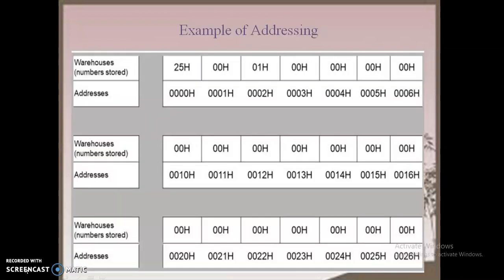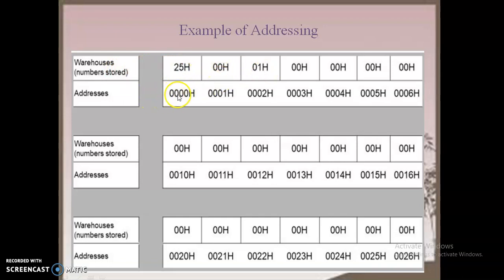Okay, so let us imagine what is addressing. Here there is a warehouse. Warehouse means where the contents are stored privately. For example, if you take a grocery shop, the grocery owner has a godown or warehouse in some other place. From that they fetch the contents to their shop. Like that, in this warehouse, the warehouse numbers are, the first warehouse is